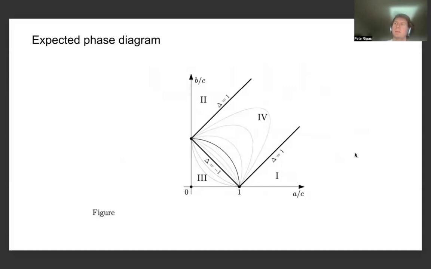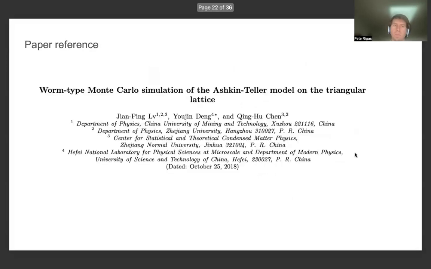So by looking at different types of regions of the phase diagram from one model, you can try to see, if you were to map into another model of statistical mechanics, what would be the changes to the boundaries or the contours of the phase diagram, and how that could maybe relate to two-dimensional and three-dimensional aspects or definitions or versions of the model. And so the paper reference that we're going to describe to introduce the Ashkin-Teller model on